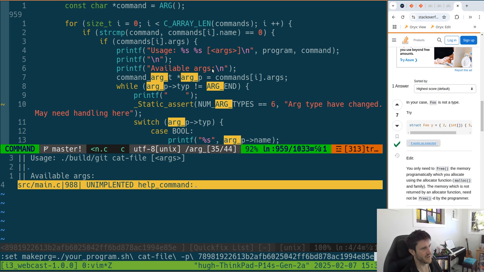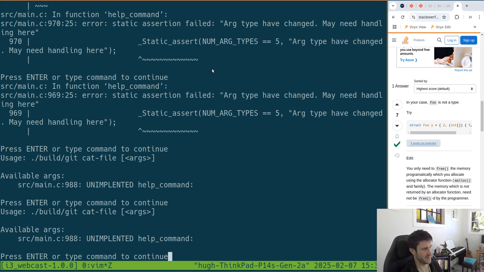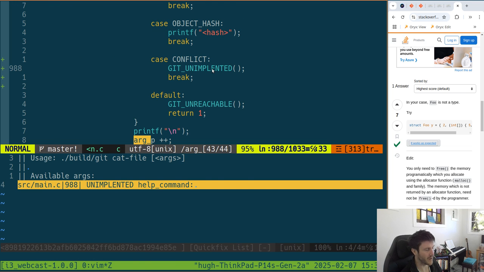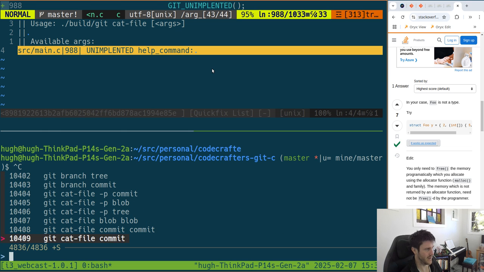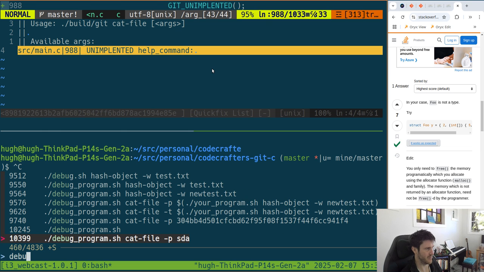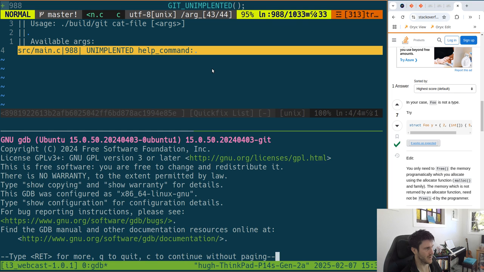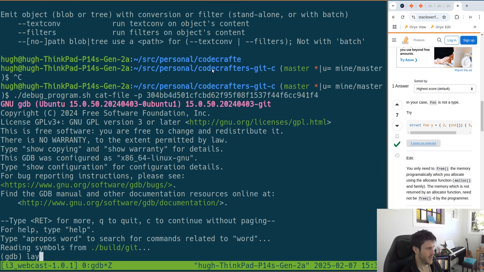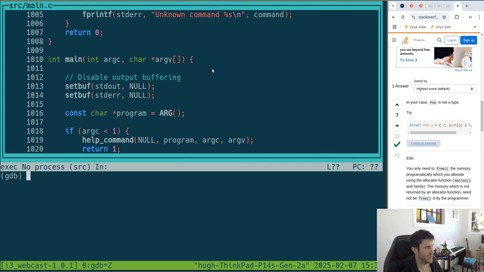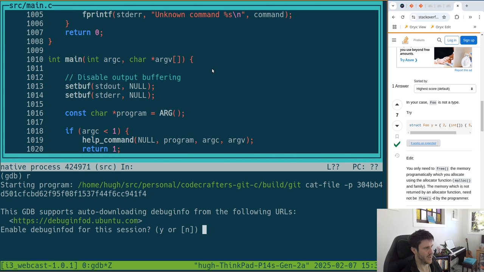We're trying to print the help because apparently the cat file didn't go. So I guess I want to debug that. It's even got a little thing there. And if we lay out source maybe and run that,